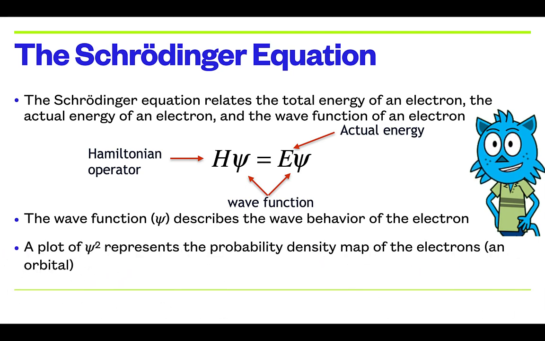So if we take that wave function psi, we can make approximations, by the way, where we can solve these equations. We do have some colleagues here at MSP whose research lies in working with those types of programs. And one of the things that they do in those approximations and calculations is they plot the wave function squared. And when you plot that wave function squared, so that's psi squared, you get what's called a probability density map of where the electrons should be. And we call this an orbital. And you'll hear me use that term quite a bit as we start moving more into quantum mechanics.